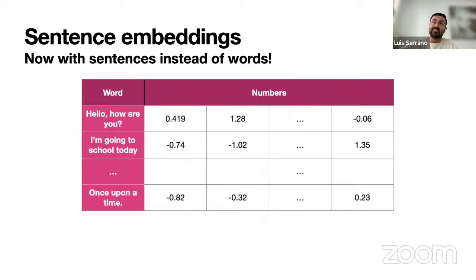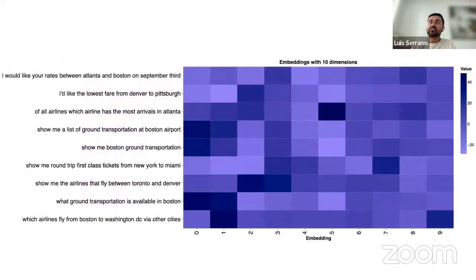You can have, for example, for each sentence, you can throw in an embedding and get 4,096 numbers. And the sentences that may not have words in common, but that have similar meaning, are going to have similar embeddings. Here's an example. I was playing with the Cohere playground, and there's a bunch of sentences that all talk about kind of airports. And on the right, there's 4,096 numbers, but I just picked the first